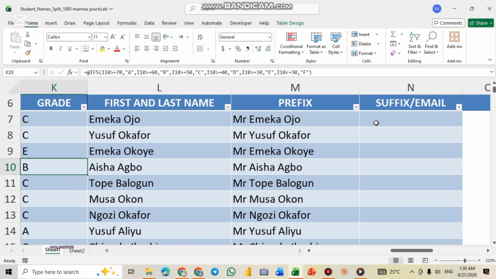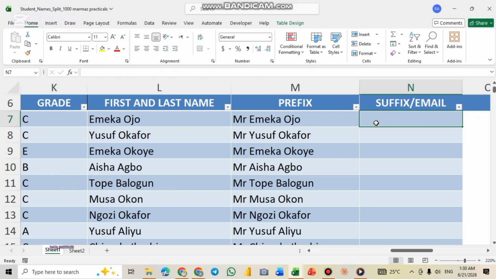So another thing is this Mrs. Okay, this Mrs. you can actually turn Mr. to Mrs. for the female gender, and to do that we are going to hopefully have a separate section where we are going to talk about that. But for now, let's go to our suffix. So for the suffix we want to add at gmail.com. So equals to